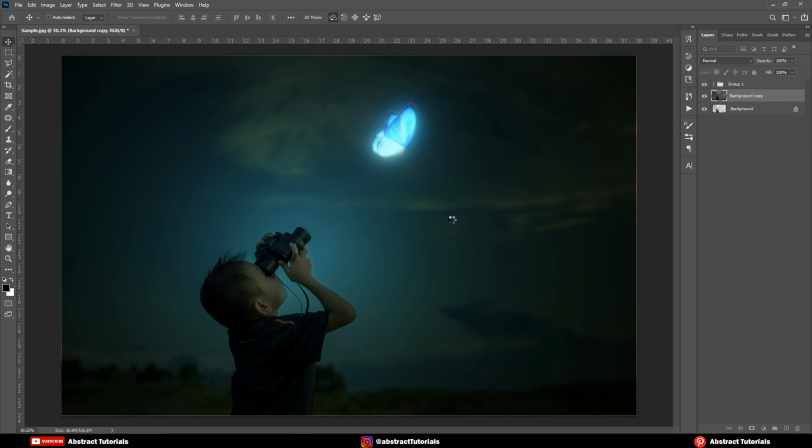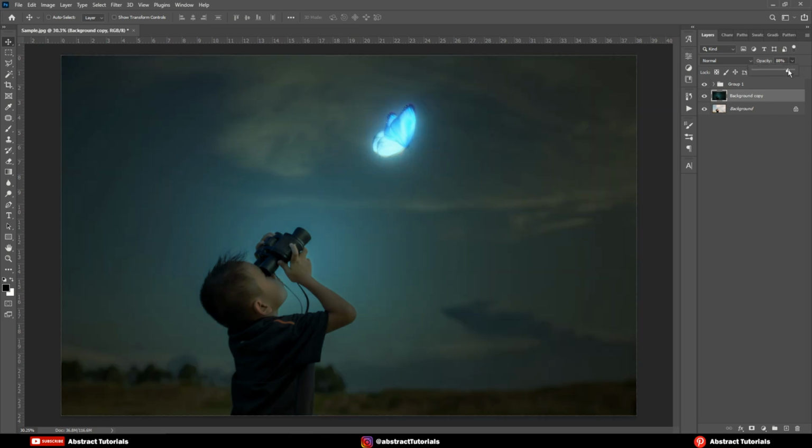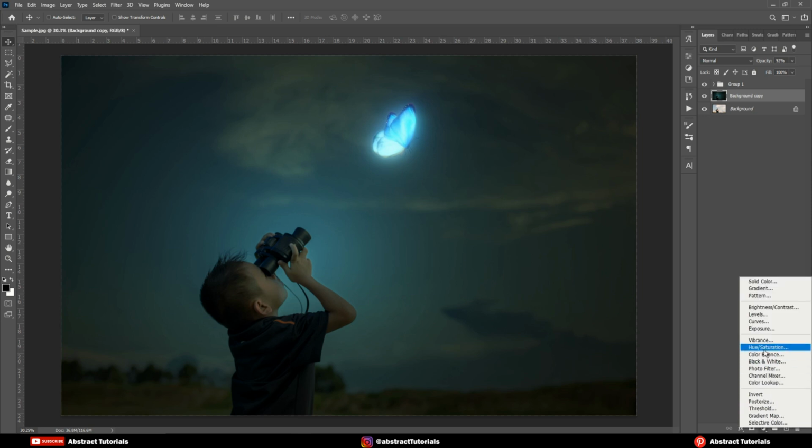Hit OK. Decrease the opacity to 90%. Now, create a hue and saturation adjustment layer.